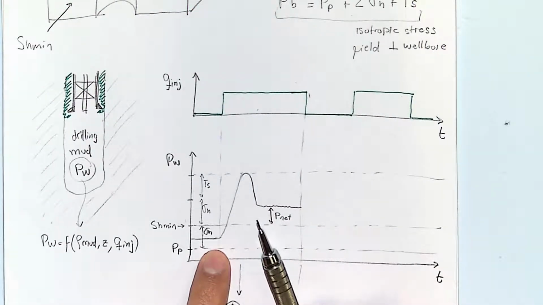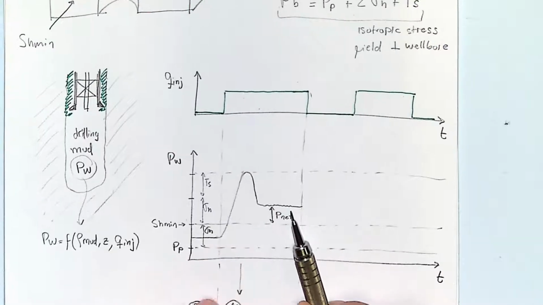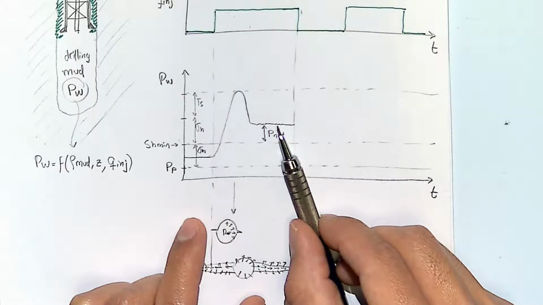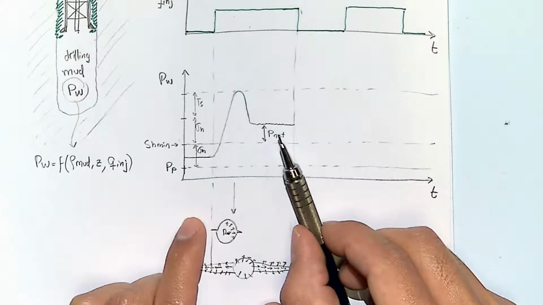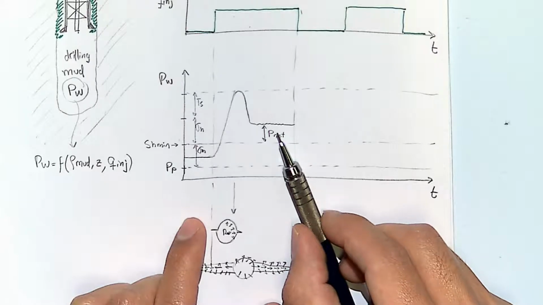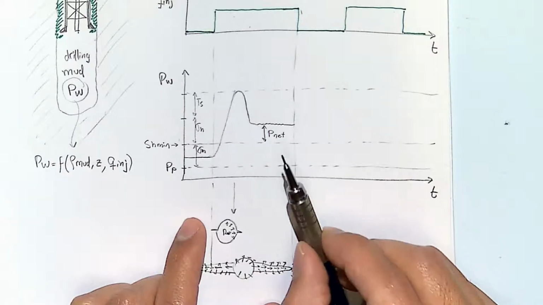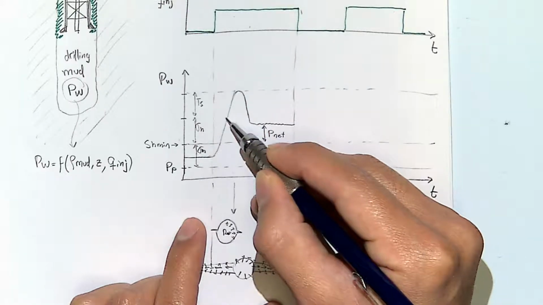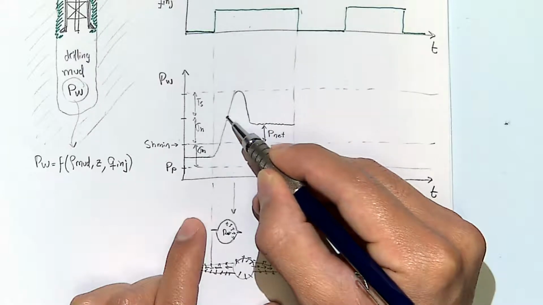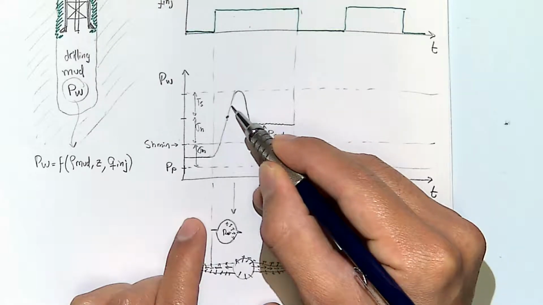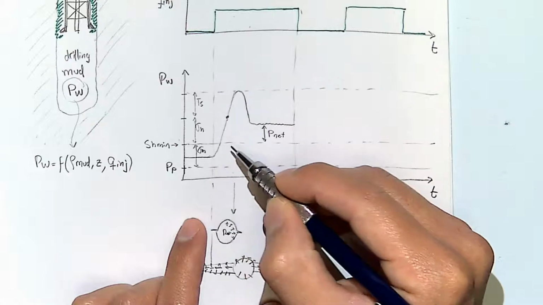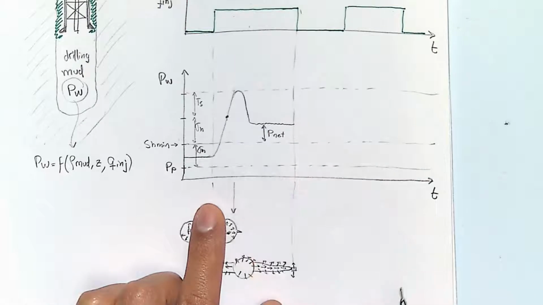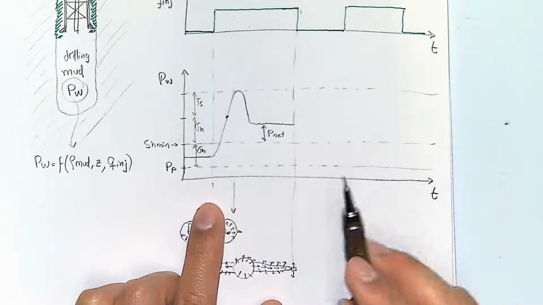This is called an extended leak-off test because it goes into a large fracture propagation. Some people do what is called a short leak-off test. I don't remember the exact name, but they stop when they see that at this point they lose the linearity of this curve. They will stop the test somewhere over here, and they will just come down in order to avoid doing this large hydraulic fracture in the wellbore. Okay, so